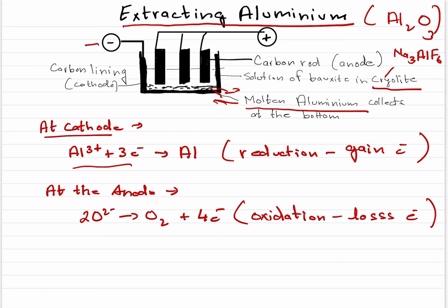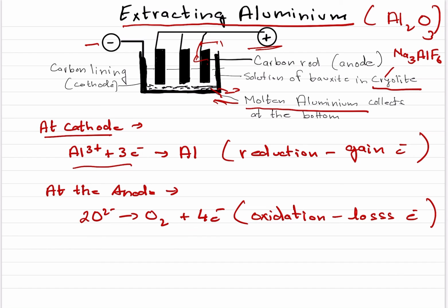This oxygen reacts with the carbon of the positive electrode, the carbon rods over here. The oxygen reacts with the carbon of the positive electrode, forming carbon dioxide. So they gradually burn away. As a result, the positive electrode has to be replaced frequently, because oxygen will react with carbon rods and form carbon dioxide and goes away. So this is how we can extract molten aluminium,